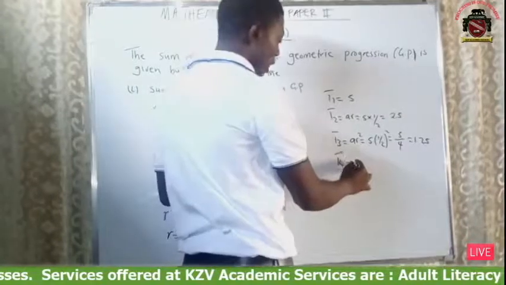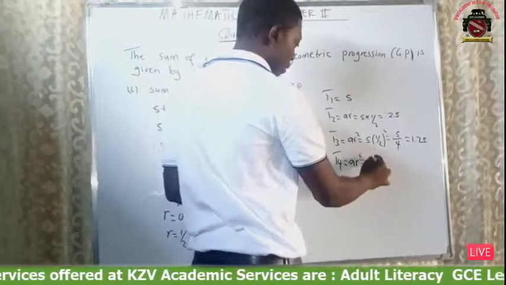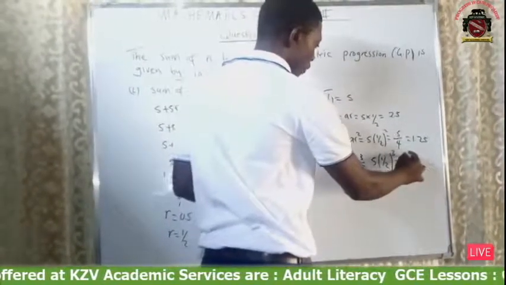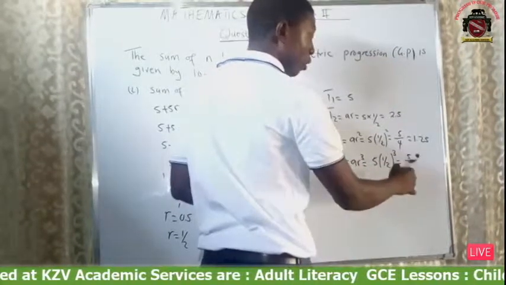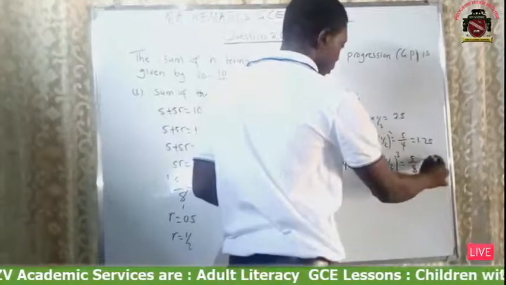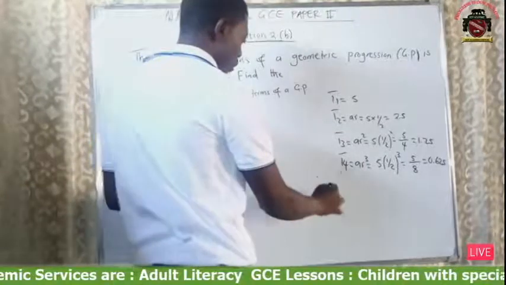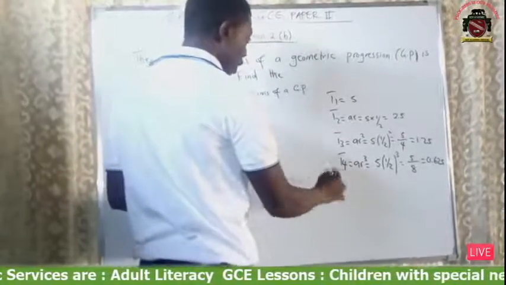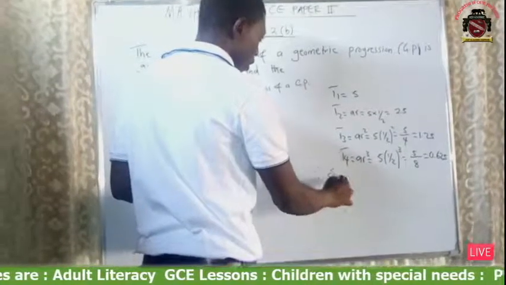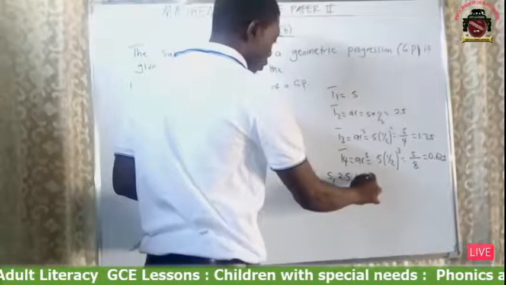Okay, and then T4 is AR to the power 3, isn't it? Yes. Okay, so we have 5 and then 1 over 2 to the power 3. Implying that we have 5 over 2 to the power 3, which is 8, isn't it? So 8 into 5, what do we get? 0.625, isn't it? Yeah. Okay, therefore, the first 4 terms are 5, 2.5, 1.25,